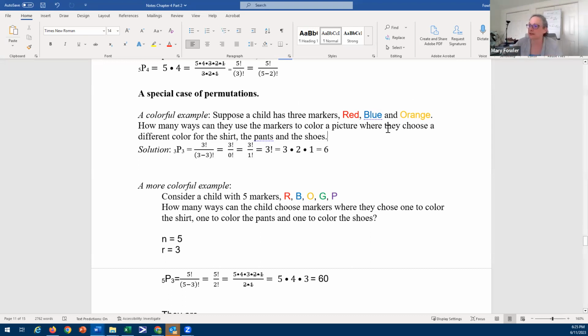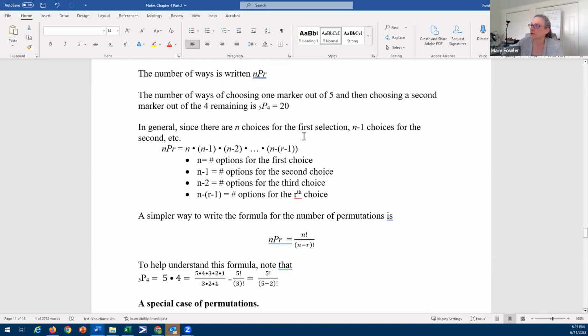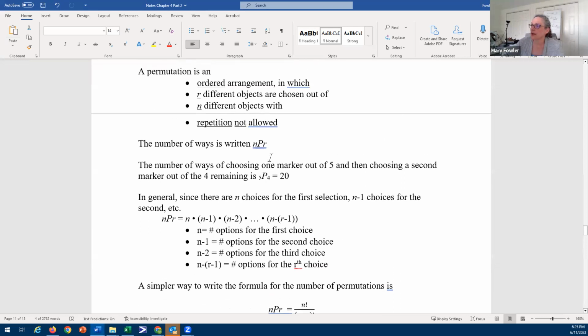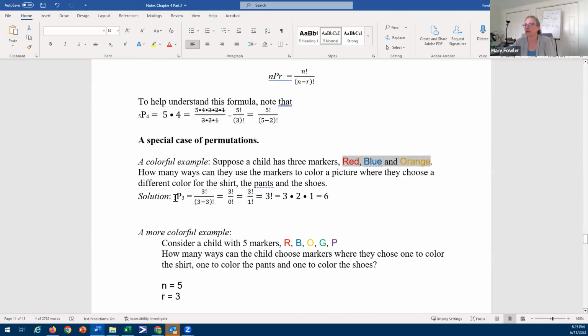Okay, and so this means I have 3 to start with. In this case, I don't have all 5 markers, I just had 3. So 3 permute 3, because I have 3 markers and I want to choose 3 of them, but order matters. So we count it as a permutation and we get 3 permute 3, which is 3 factorial over 3 minus 3 factorial, which gives me 3 factorial over 0 factorial. Oops, and that would be 3 factorial over 1, or just plain old 3 factorial, which we do know is